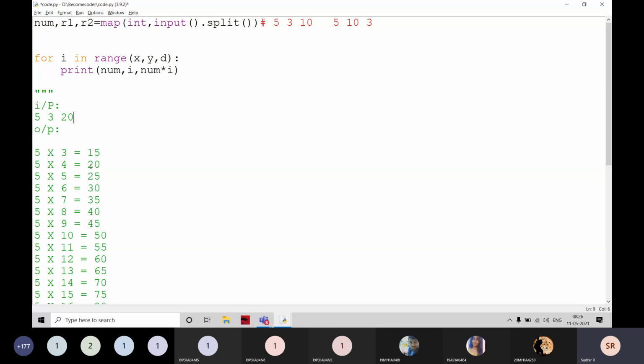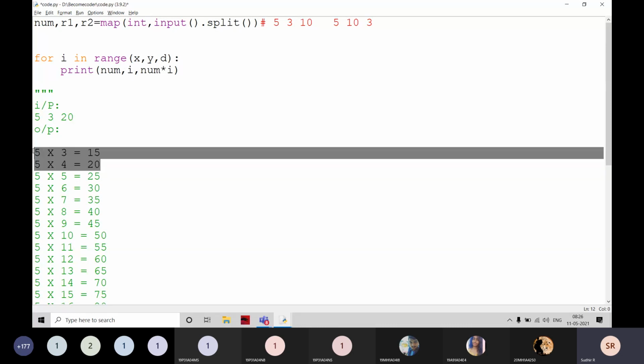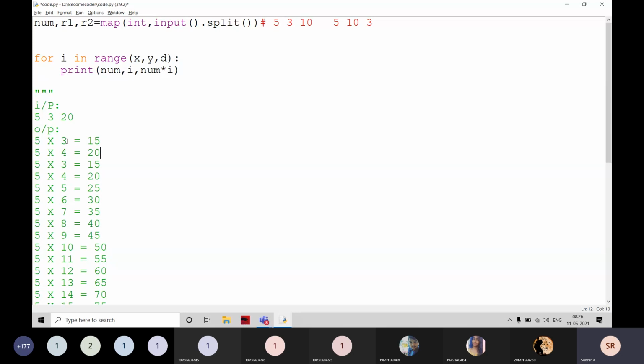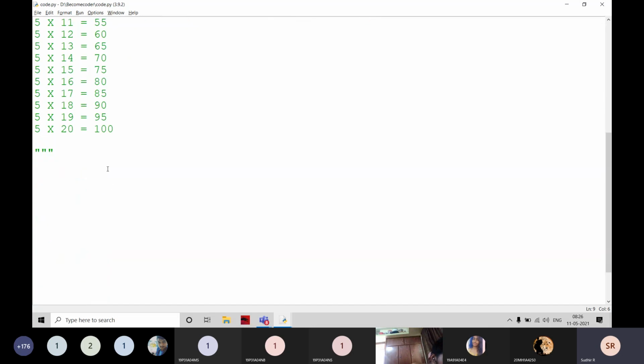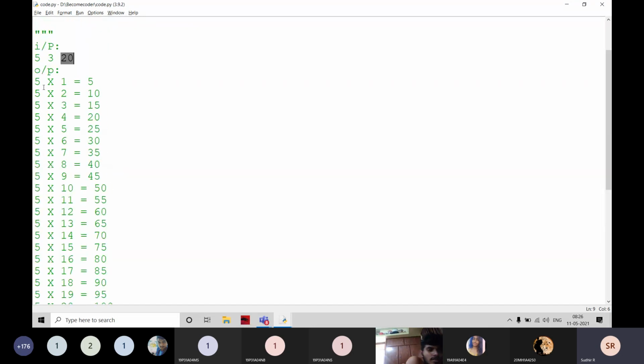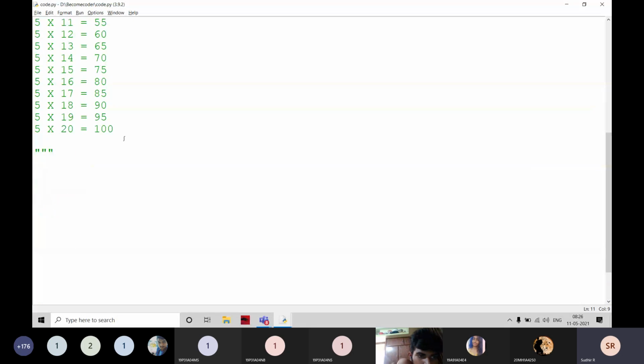For example, it is going to be 3 values. 1 and it is going to be 2. Here 5, 3 and 20. That means 5 is a table and 20 is up to the 20th line. That means I'm going to start at 5 ones are 5 up to 5 20s.